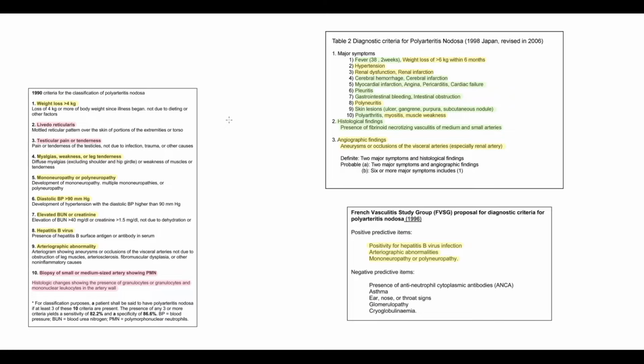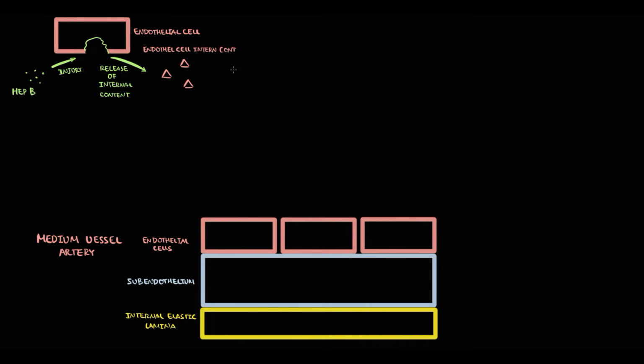Hepatitis B infection is such a common trigger that we even have positivity for hepatitis B virus as a diagnostic criterion. So, if a person has hepatitis B virus, it significantly increases the probability of diagnosis. The problem here is that in normal conditions, the internal content of endothelial cells is hidden from immune cells. So, our immune cells are not used to seeing such a massive amount of endothelial cell debris or subendothelial matrix in